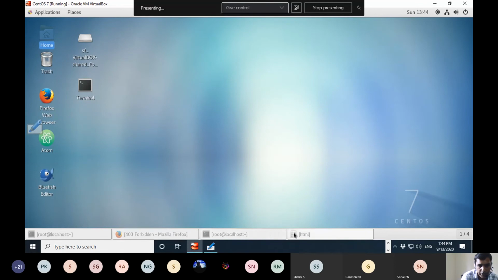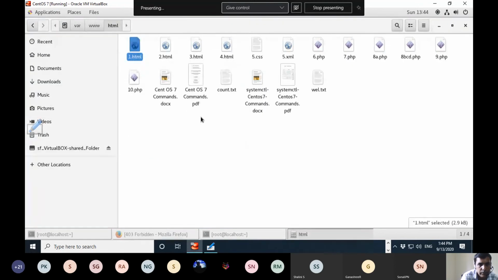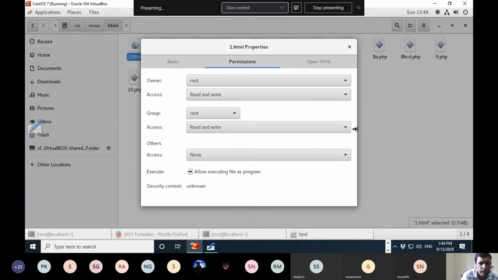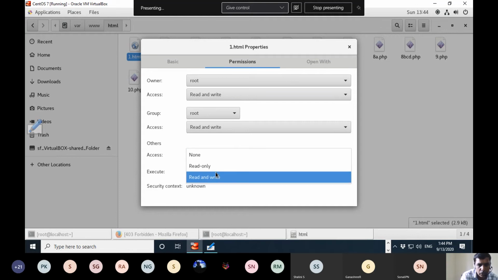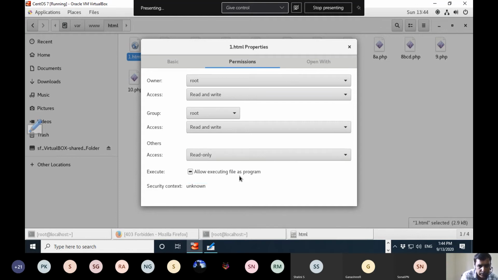In the folder, you can go and change the permission. Usually the owner runs as root and the browser runs as others. So permission is not given here. So I will give read only file permission.